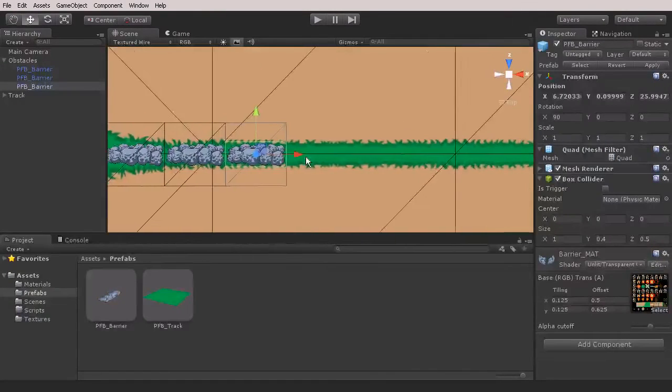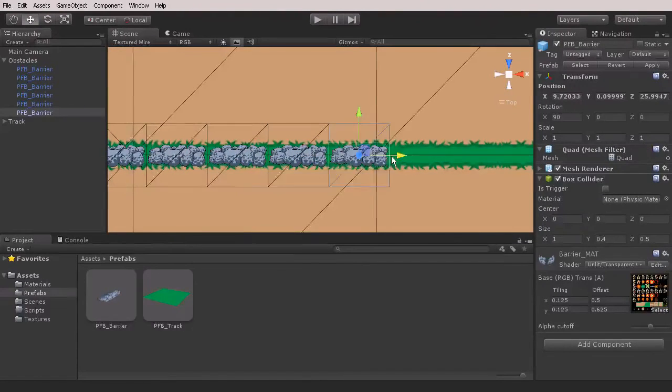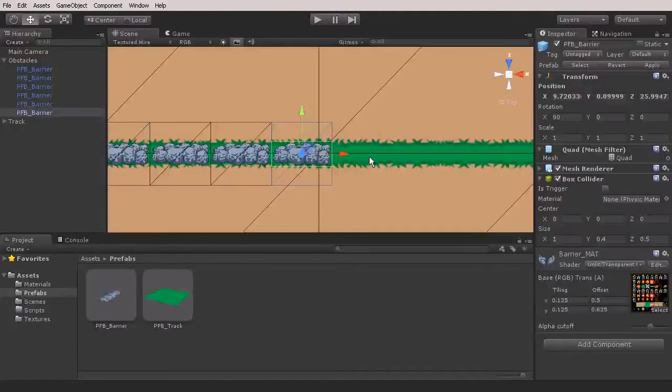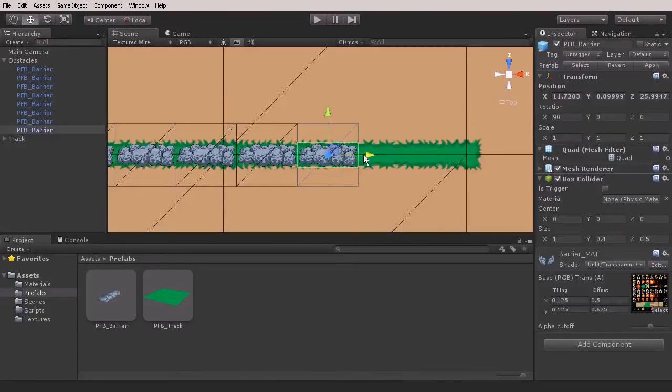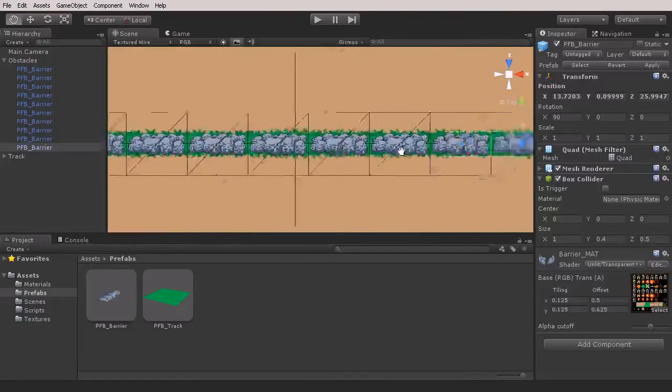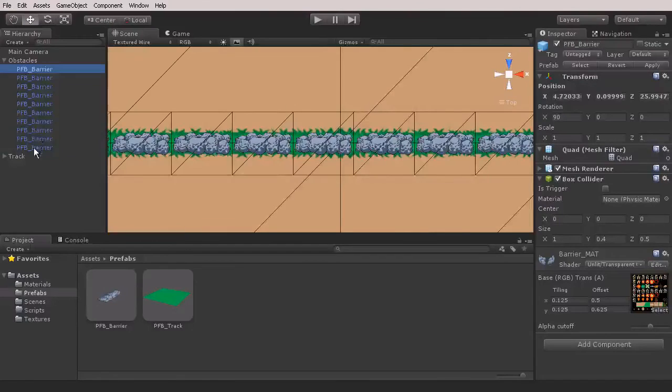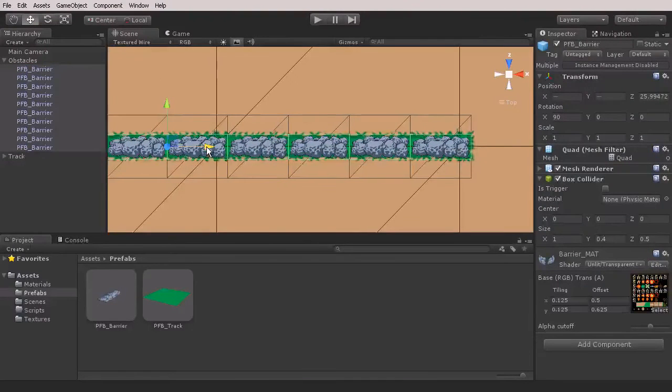to duplicate these as we go along. Now you don't have to put all of these end to end. You could probably get away with just doing every other one, but for right now I'm just going to do end to end. Okay. Now with all of those barriers, I'm going to move those back just a little bit off of that